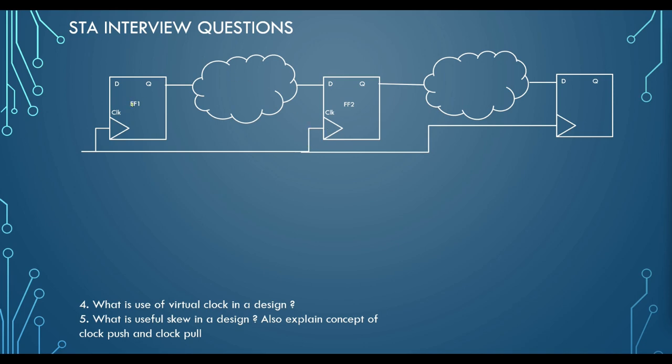So let us assume that you have a path from ff1 to ff2 with a slack of minus 1.5 ns, and it is not meeting, but there is a positive slack of plus 2 ns in the next particular path. You can make use of the skew, that is called making use of skew. So useful skew: you can make use of skew of the clock to fix this particular path, and the technique will be called clock push in this case. So you have a plus 2 ns which you can make use of to fix this particular path. Using the slack basically is making use of skew.